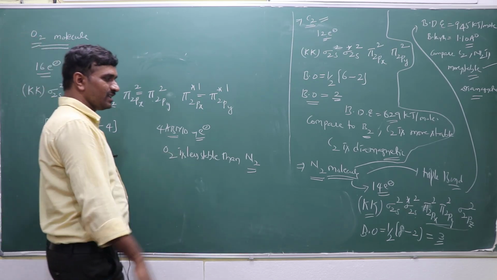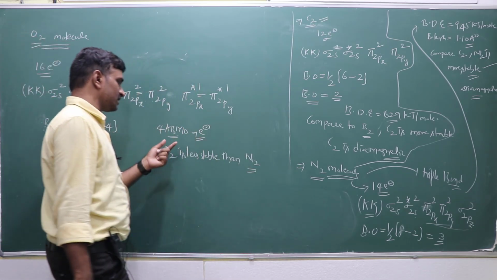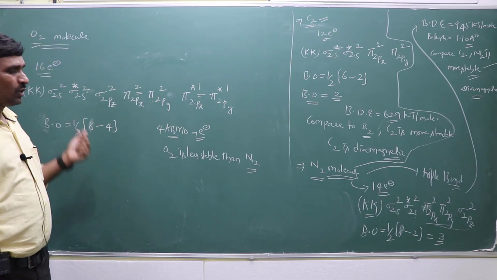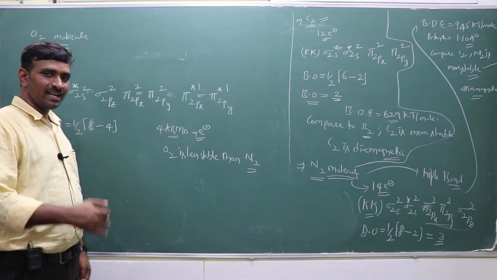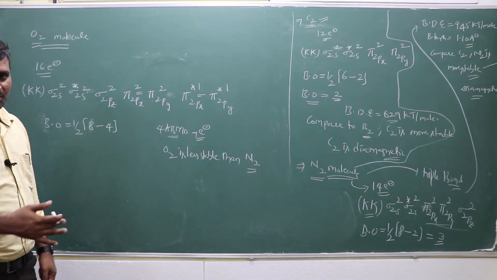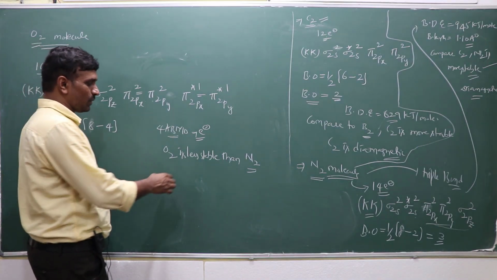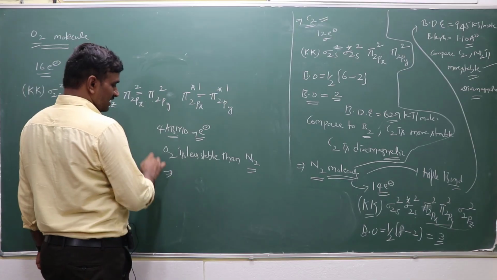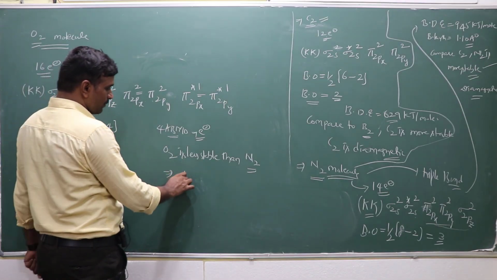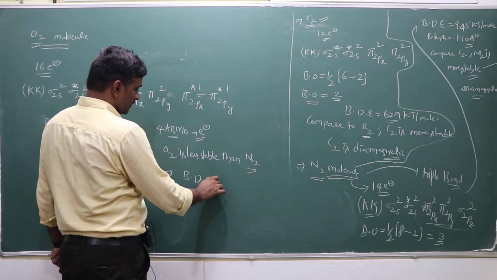So in the N2 case how many are there? 2 anti-bonding electrons. But in the O2 case 4 are there. Due to that, the anti-bonding effect will be increasing. When the anti-bonding effect is more, it is less stable than N2. And the bond dissociation energy,